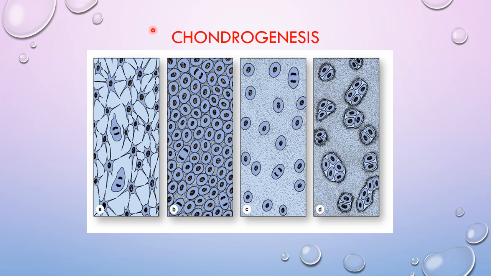Now all the types of the cartilages, that is the elastic cartilage, the hyaline cartilage and the fibrocartilage, are all derived from the pluripotent mesenchymal tissue in a process which is called chondrogenesis. In the cartilage formation, the first indication is that the stellate shaped cells of the mesenchyme withdraw their processes and become more rounded in structure. They proliferate by mitosis, so much so that they become abundant and tightly packed with each other.